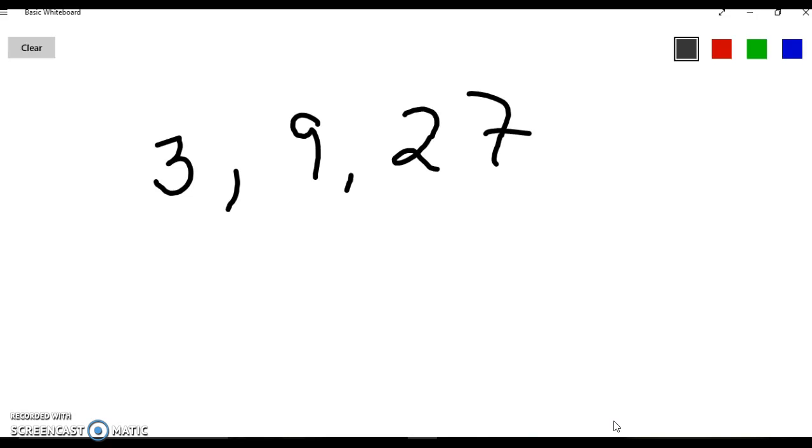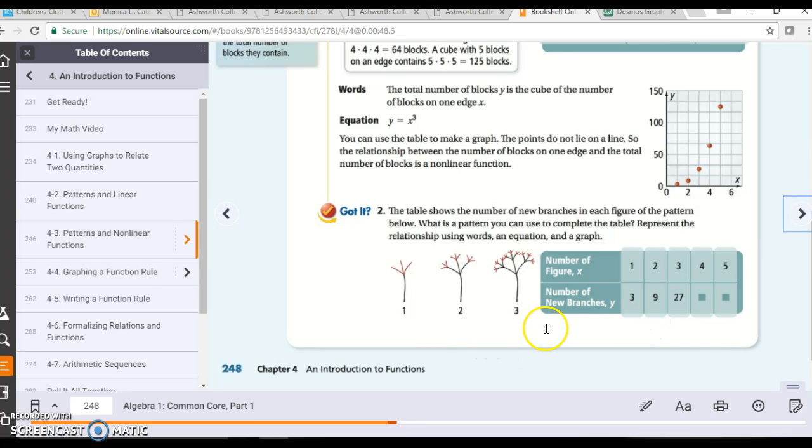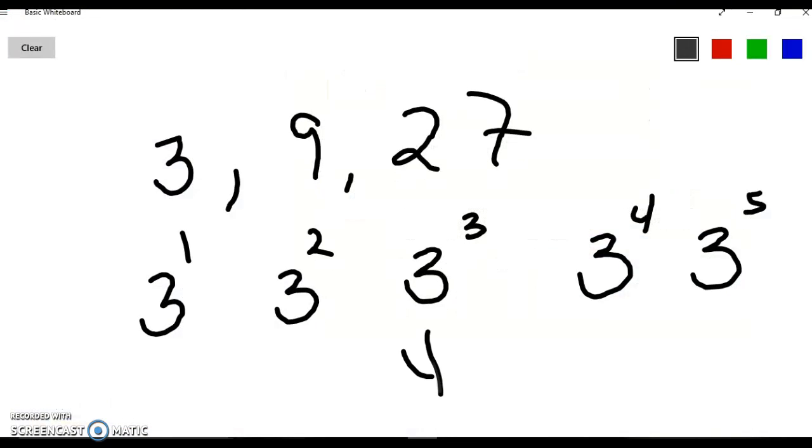I see another way of saying this would be 3 to the first. This would be 3 squared, and this would be 3 to the third. And so the next one would probably be 3 to the fourth, right? And the one after that would probably be 3 to the fifth. So if that's the case, it looks like each time we're doing multiples of 3. So another way to write it out would be y equals 3 to the x,